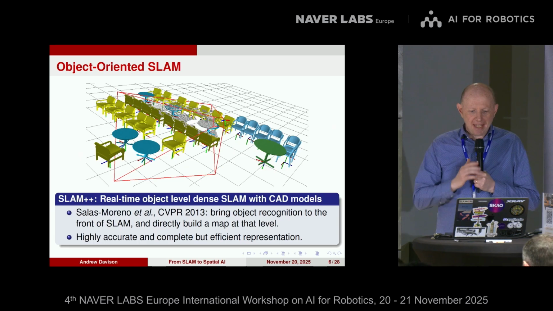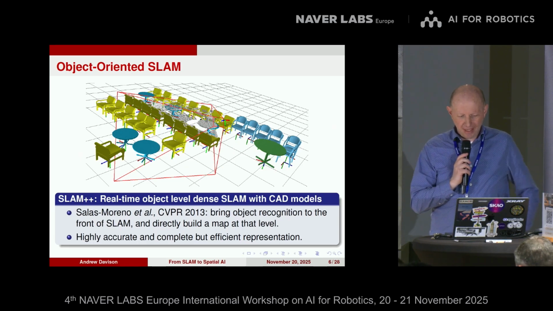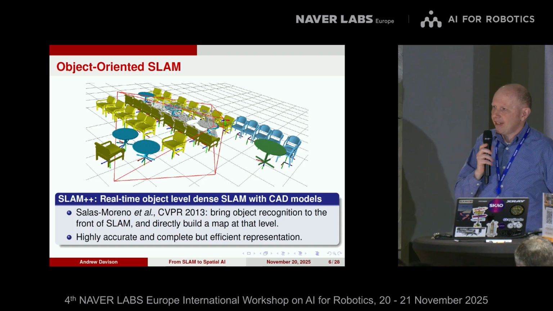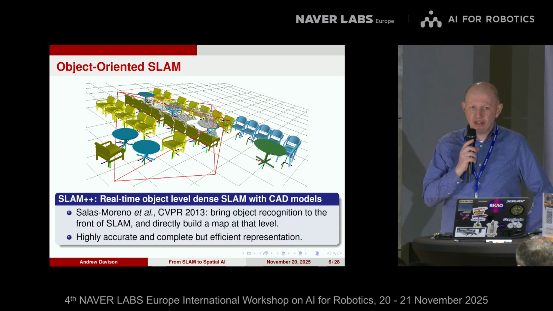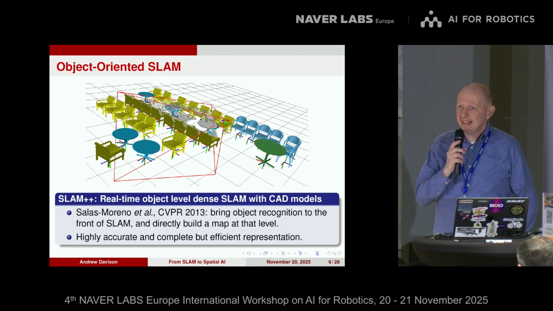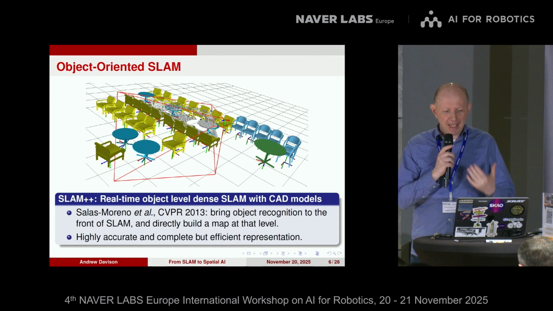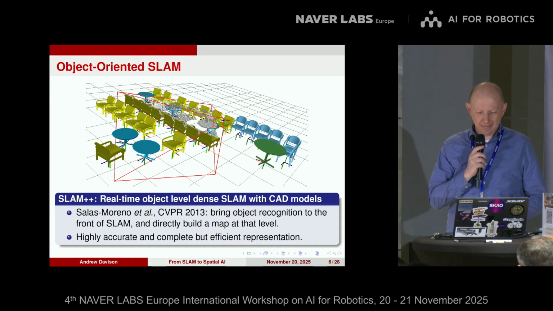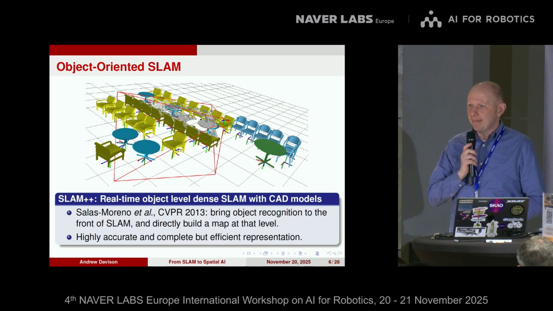And then the other thing that's always been of interest is trying to add meaning to those maps, so maps that aren't just geometry but also have semantic information. In the limit, what we're always trying to do there is build maps of objects in scenes. This was SLAM++ from 2013, which was a system that made the rather strong assumption that we had